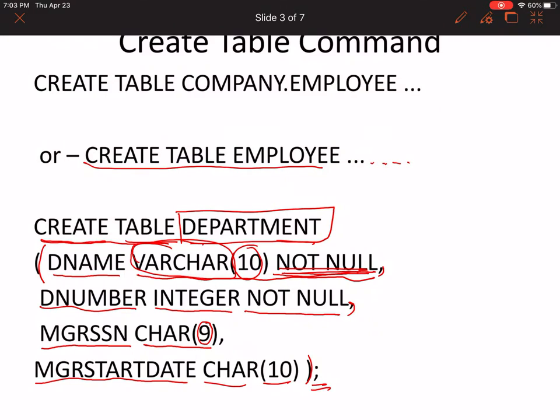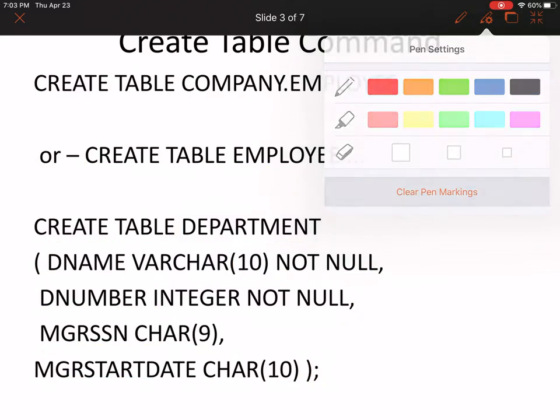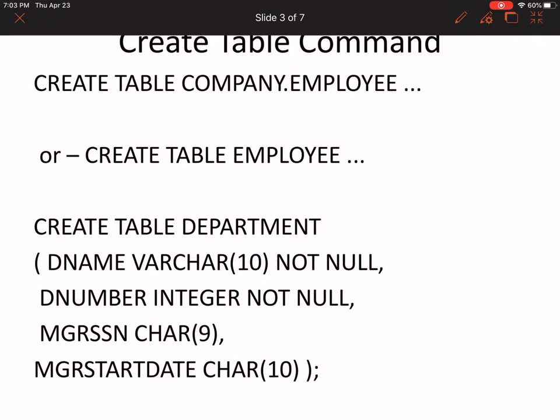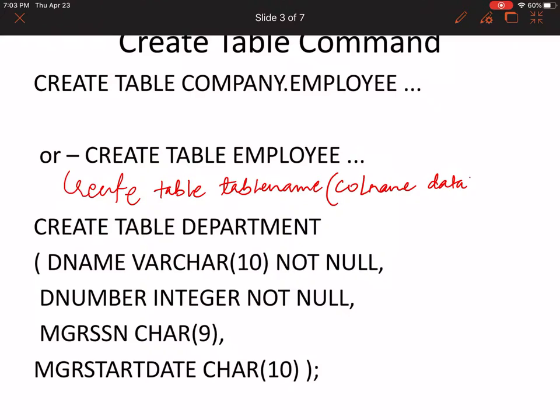This is what the create table command is. So I'll just brief you as to how it looks. It just simply goes like this. It says create table. Then it has to have whatever table name you want to give. Within the bracket, whatever is the column name and data type of it, separated from the next column name. It has to go in the same line.